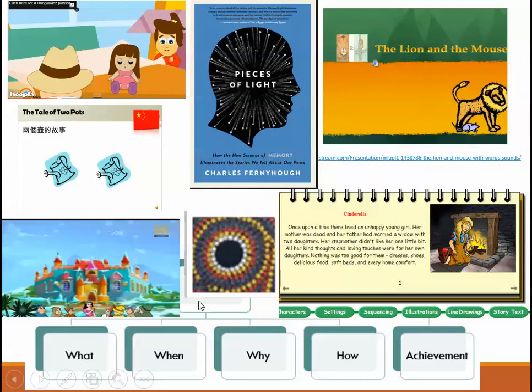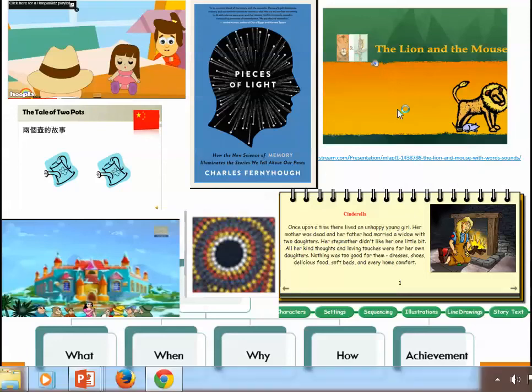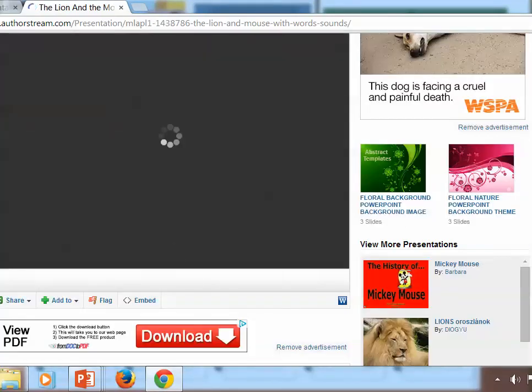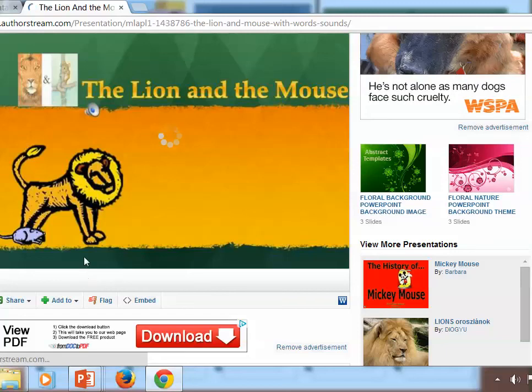Children can think. Do you see the lion and the mouse? Have you ever been on that page? This is funny too. One of our students did that. She got her children to record the story. Do you see this thing here, the speaker?